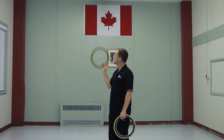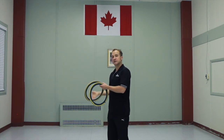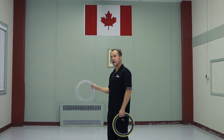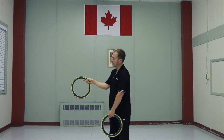Catching them normally here. Okay? The first way, just turn your hand over as though you were catching a club and flip the ring over. Okay, turn your hand, flip the ring. Okay, the next way is you're going to reach in through the ring and flip it this way, which is